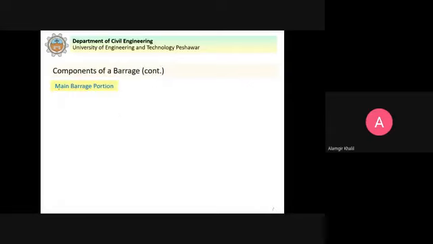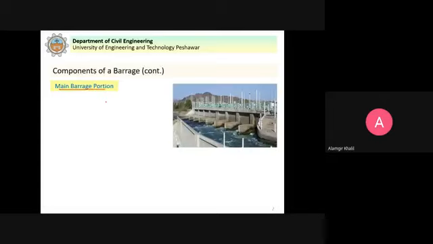So we start with the main barrage portion. This is the main body of the barrage, normally of RCC, reinforced cement concrete slabs, which support the steel gates.